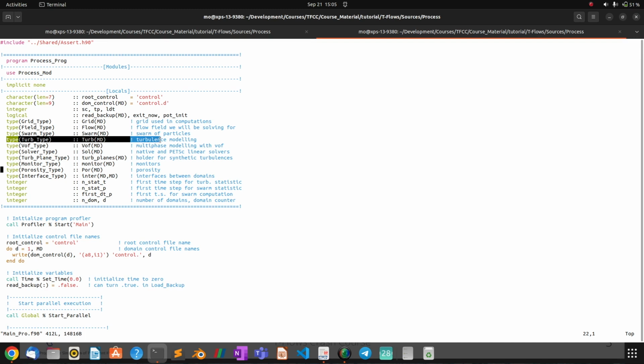It's not really object oriented in terms of how it would be in C++, for example, but it's still highly modular in a way that mimics the object orientation. Let's say turb mod is the turbulence module, swarm mod is the Lagrangian particle tracking module, and VOF is the multi-phase flow, so the solver type, and then turb plane type or monitor type. All of these are modules that contain data members,